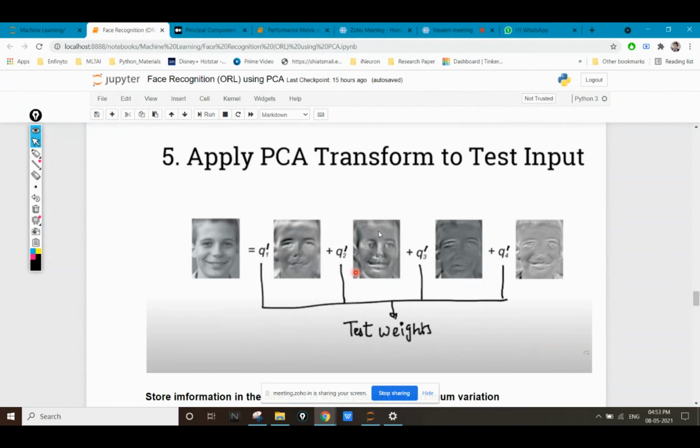We'll be able to calculate an eigenvalue through which we can tell which class this image should belong to: ID number 1, 2, 10, or 40.